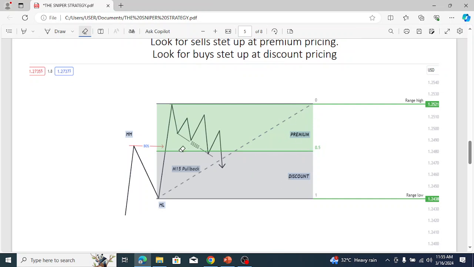You use your Fibonacci retracements to do this, and the 50% of your Fibonacci retracement will be your premium and discount. I will still do a video on how you should configure your Fibonacci retracements to be like this. So this is the 50%, this is the 50%, this is the 0, and this is the 1. You understand? So that is it. You look for your premium and discount. After you have looked for your premium and discount level,